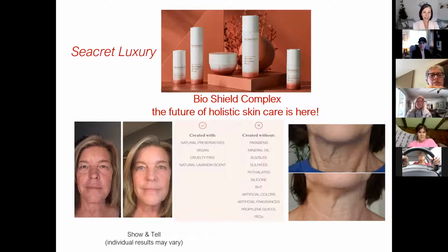This is our friend Brenda over here, and she's going to share with us a little bit. On the left, this is her before and after 3 weeks using this line. It addresses environmental damage like nothing I've ever seen before. Skin tone, helps with pigmentation issues. It helps with scarring. It's amazing. And this is Ferment 21. It's our patented technology. It's clinically proven and won an award at the Korean